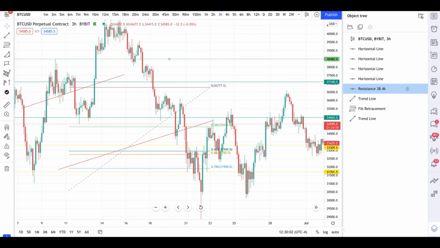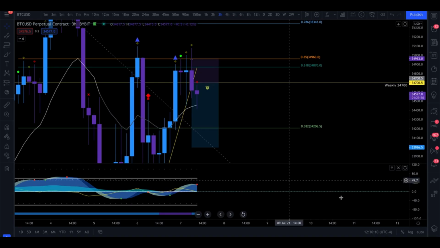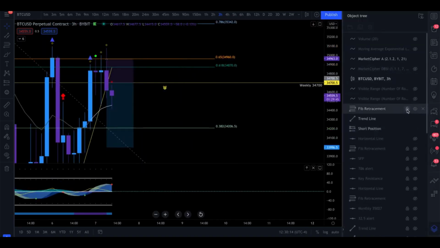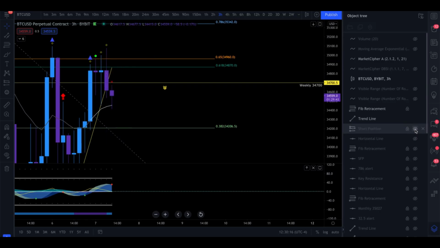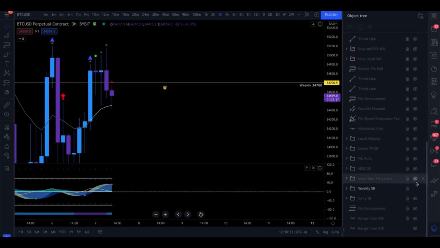If I have all these things on my chart, like for me, I have so many things on my chart right now. And I have the object tree here, and I can turn things on and off, which is nice. If I were to have everything on my chart at once, it would look so messy, because I have weekly levels of support and resistance, I have daily levels, I have miscellaneous levels, I have a whole bunch of different